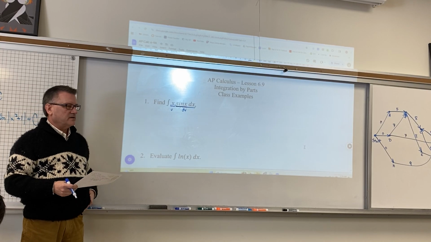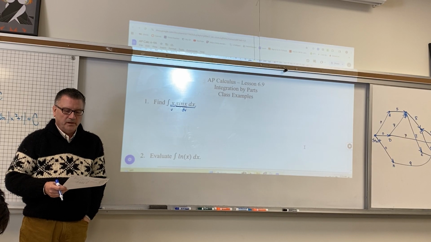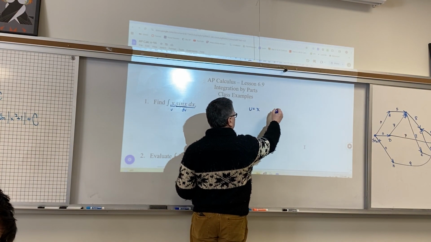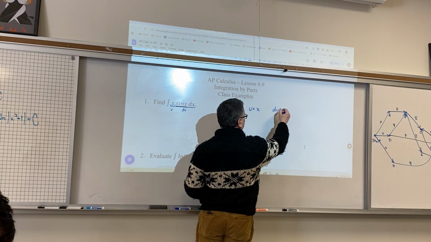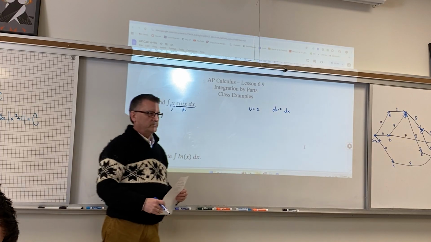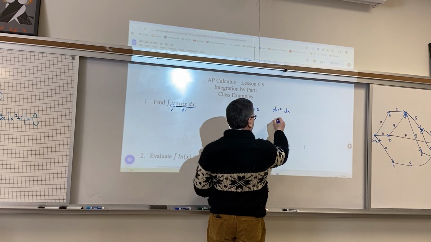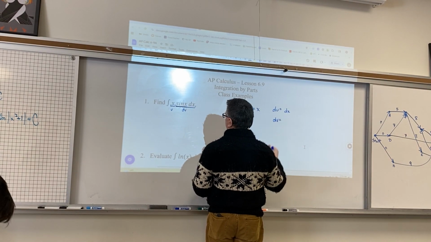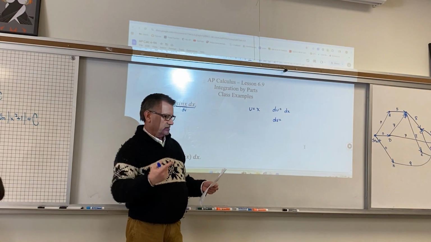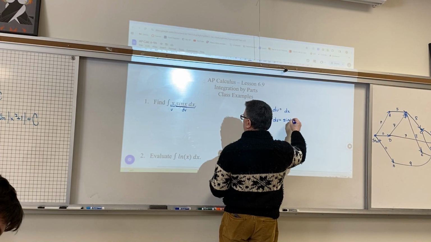Why exactly? Because when I take the derivative of u, I'm going to get 1. I get something real simple. I'm going to let u be x, and then du will be 1 dx, or just dx. And then if dv is this thing, which if I've got sine or cosine, it's real easy to figure out the integral of that, or the antiderivative of that. So if I let dv be sine x dx,